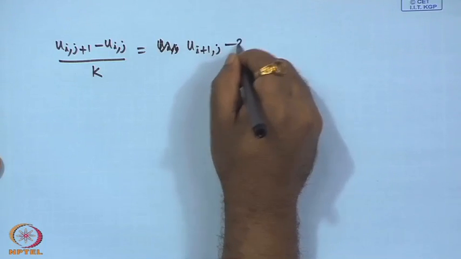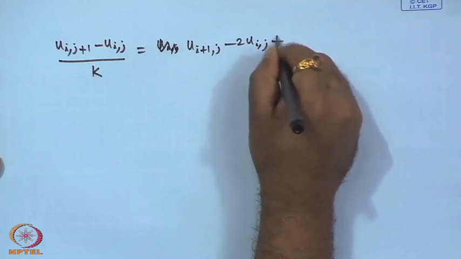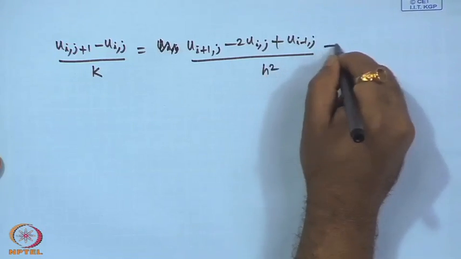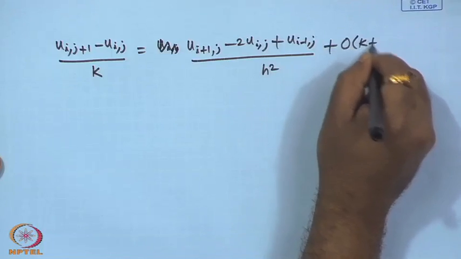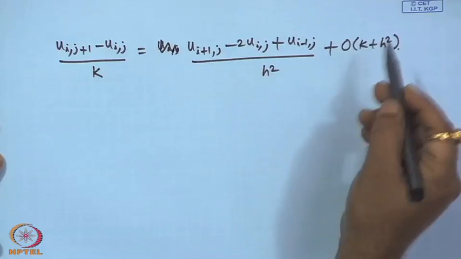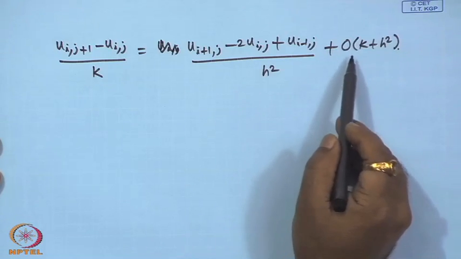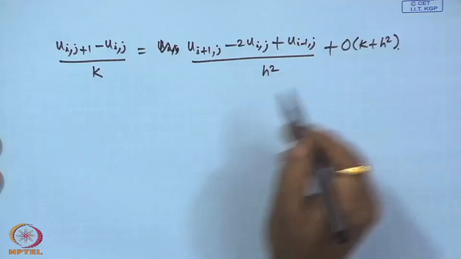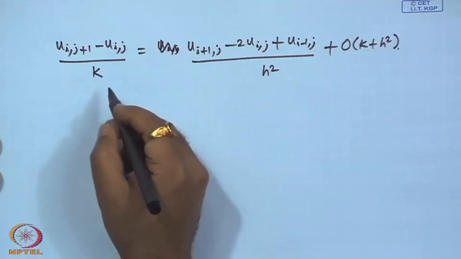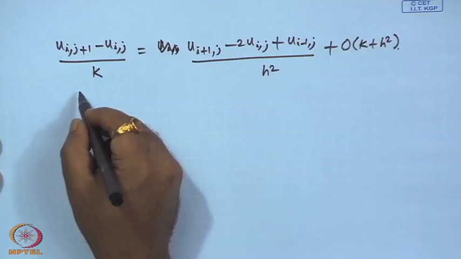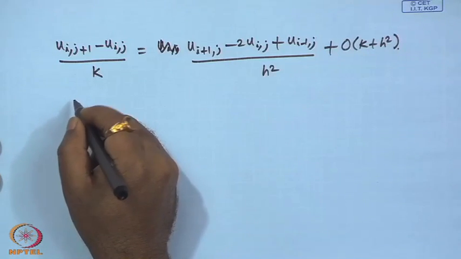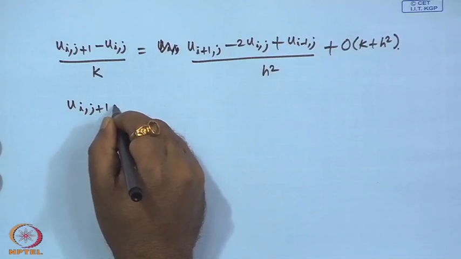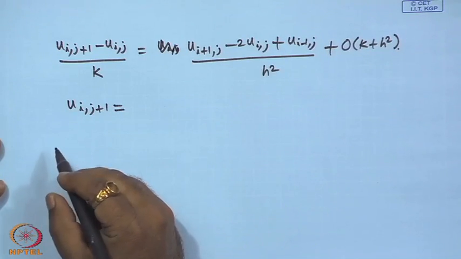So, now these lead to, so I can take it k plus h square. Okay. So, we will talk about this definitely. I do not want to use the term right now. Okay. So, by doing so we get this. However, we further can simplify. Okay. So, u i j plus 1 equals